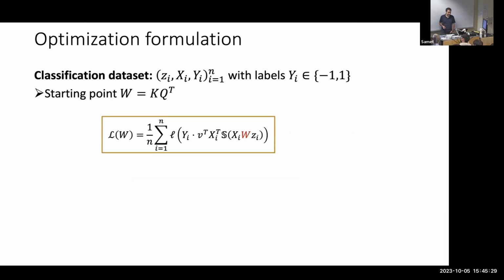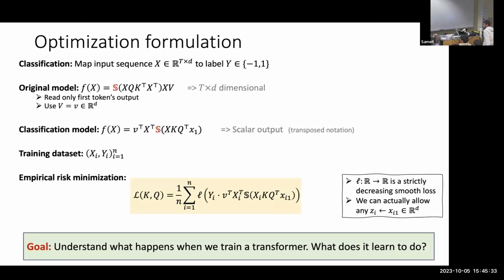Okay, so what is the starting point? You might be wondering, in this form, why do you need K and Q together? There are two reasons. First of all, you can make K and Q skinny. This way you get a low rank matrix, which we discuss in the paper, but I will not get into specifics too much about low rank beyond the nuclear norm aspect. But once K and Q is a full square matrix,